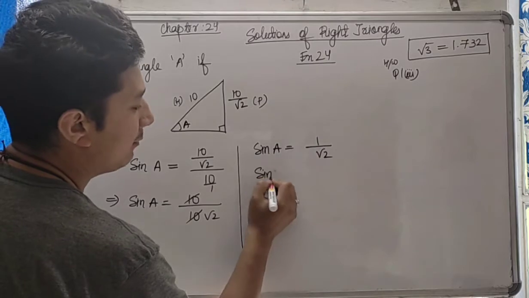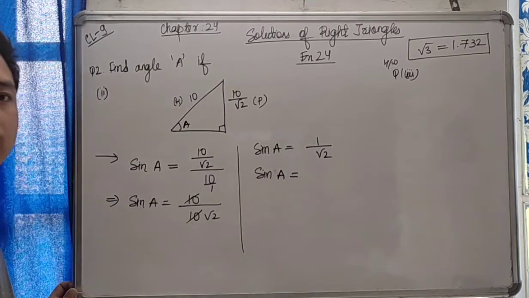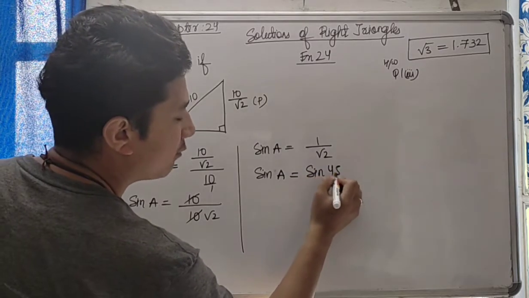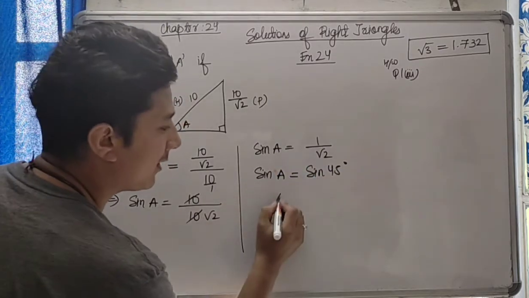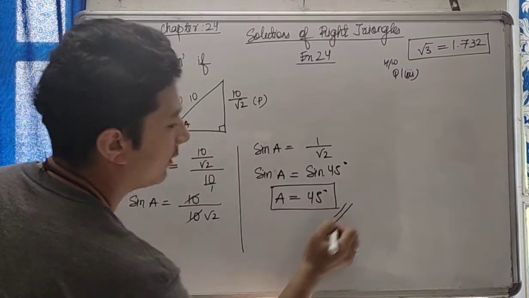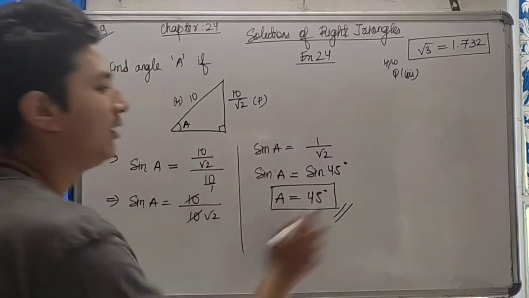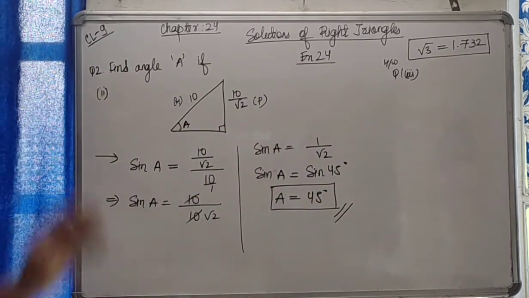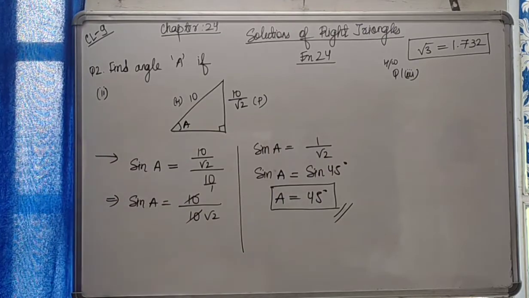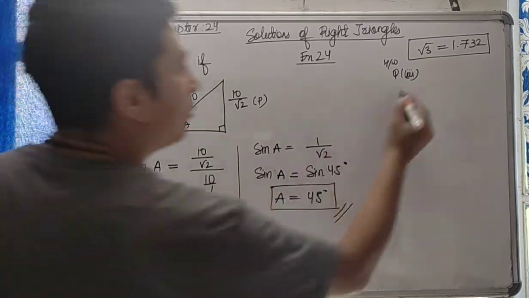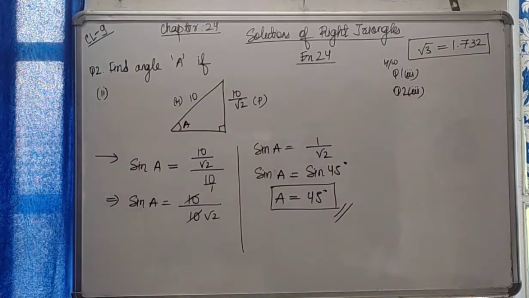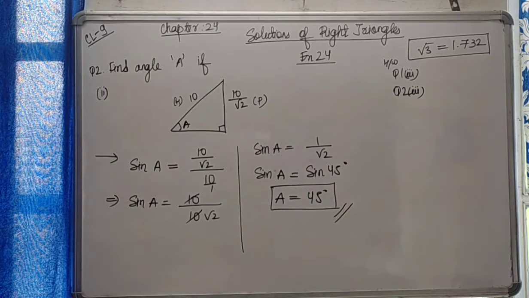Now if you know the table, it is very easy. Sine of which angle is 1 by root 2? It is sine 45. So sine 45 degree is 1 by root 2. So removing sine from both the sides, I'll get the value for A, which is 45 degree. I hope you're clear with this, boys. So please do note down this properly and understand also. If you understand this, then I'm sure that you'll be able to do the rest of the questions also. Question number 2, part 3 is going to be your homework. Do it yourself. Please pause the video and note down till here.